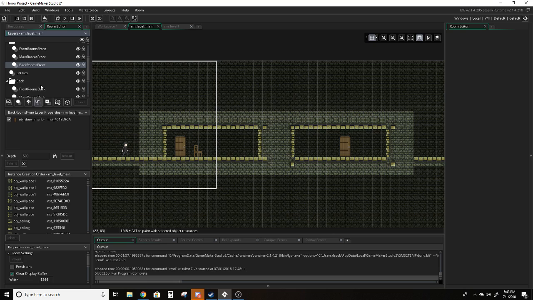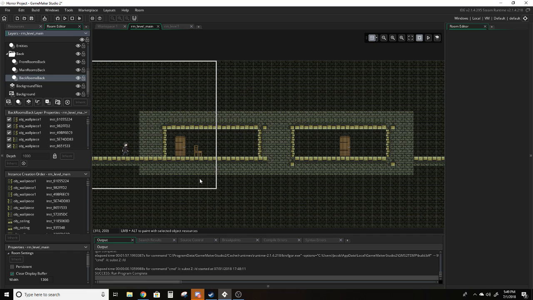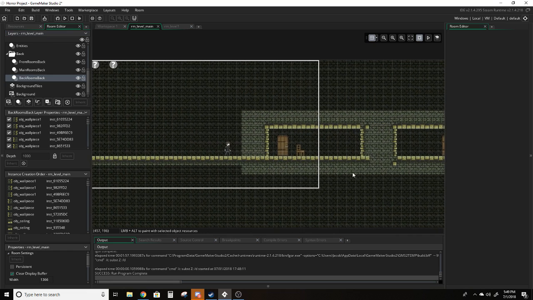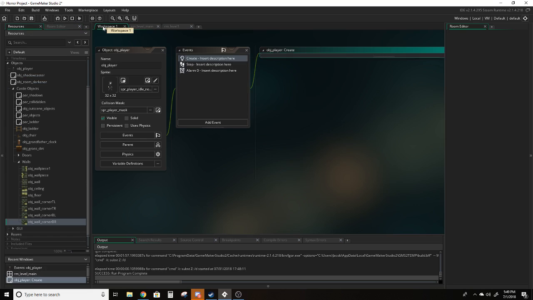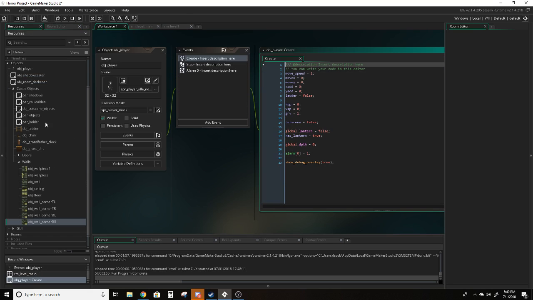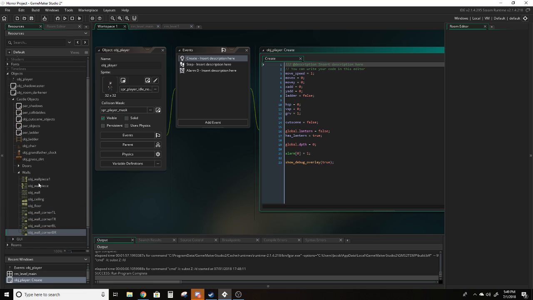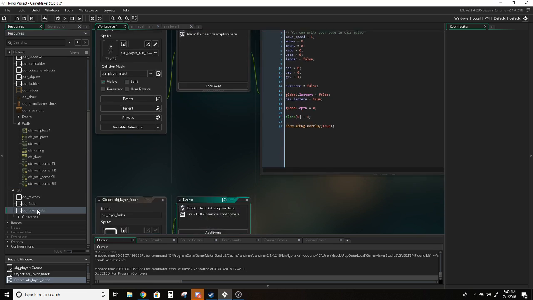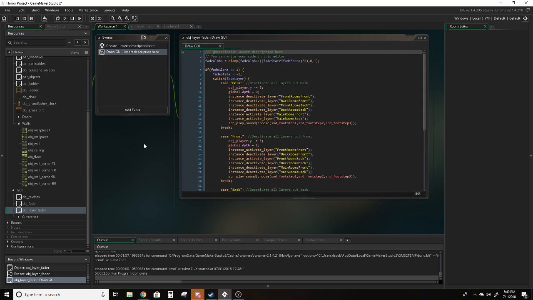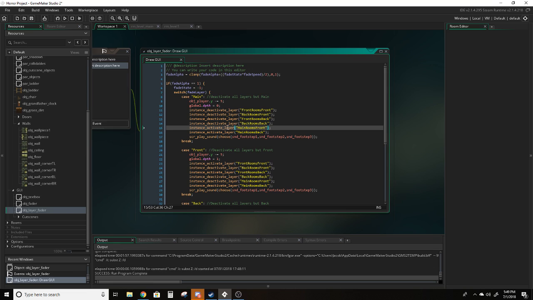For the back room, this would be a back room, quote unquote, where it would put the player at, I would think, a forward depth, and then most of the assets here are going to be in the back layer. And then all I really do is, where's that object? Where did you go? Are you in here? Layer. Right here. So all I really do is